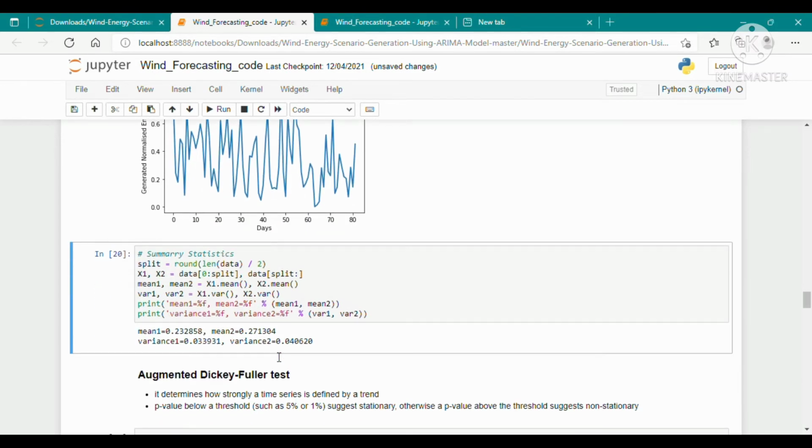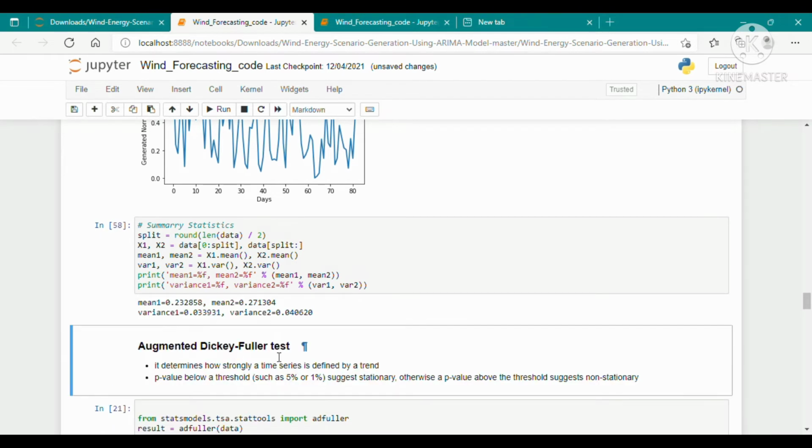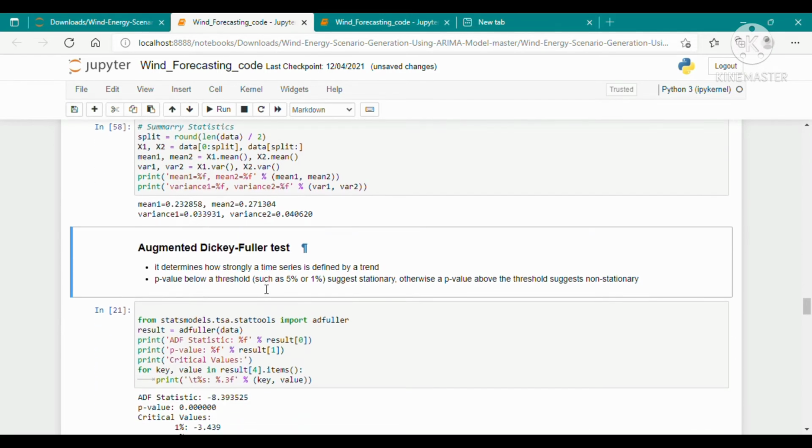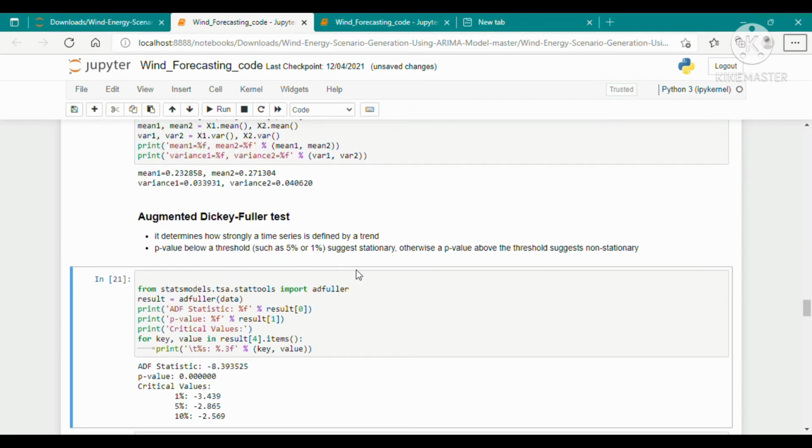Now we have the summary statistics. Mean 1 is the mean of the train data, and mean 2 is the mean of the test data. Now we'll check the stationarity. For that we can use the Dickey-Fuller test.